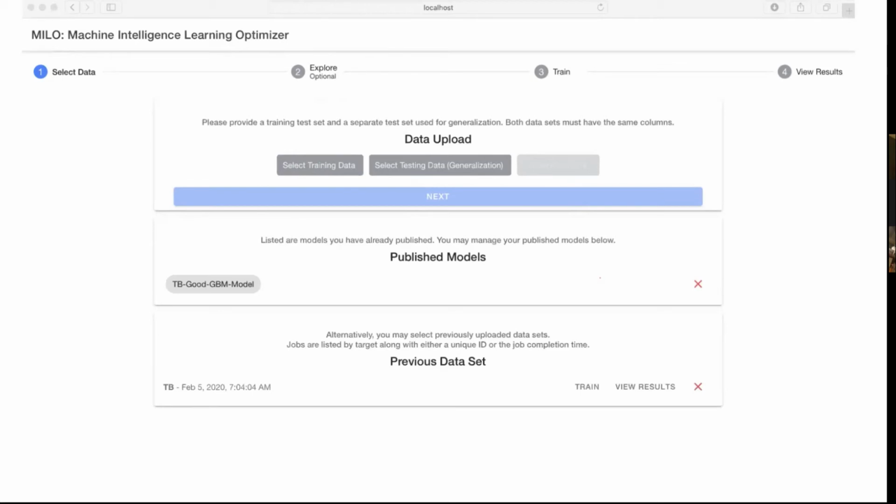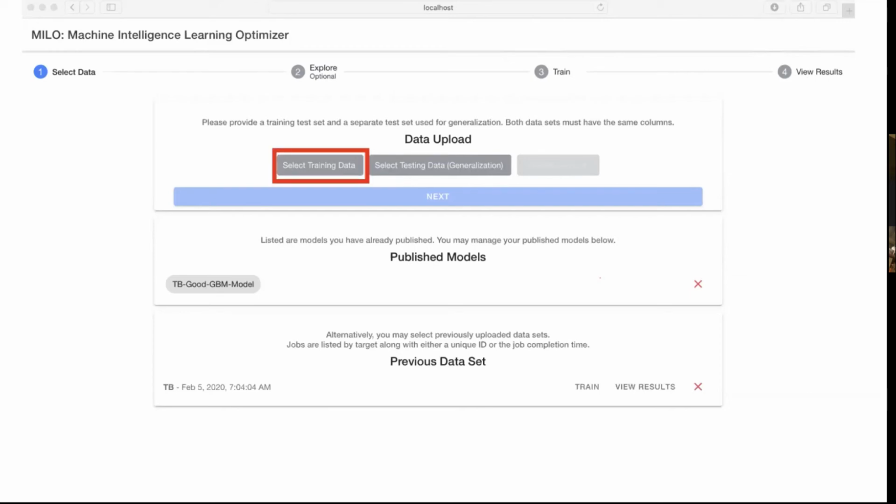And then the third step, which is the brain, is training the model. And that's where the brain of MILO is. And so that's what I'll show you, where that's how you build hundreds of thousands of models by having thousands of pipelines. And then finally, those hundreds of thousands of models that are produced, they basically give you the final results of each model in terms of how they've performed. And then you as the user can decide, is that the performance measure that you were looking for, and does it meet your needs? And if it is, then you can start deploying it and start testing it further.